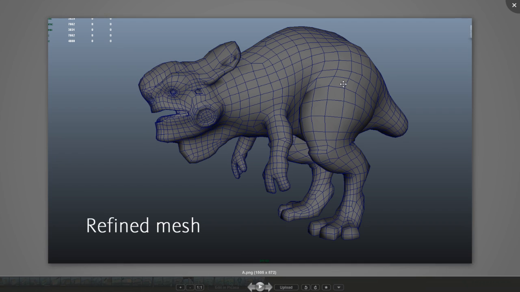Or maybe we want to define some of the areas here by refining this mesh to define things like nostrils, the eye socket or the ear structure there, or this area that the tusks exist on this creature, and even defining some basic areas that later on we might really want to define for deformation. So here are some basic areas, but later on we're going to want to define those edge loops if we want to bring this character into rigging. So that's that. Let's hop back into